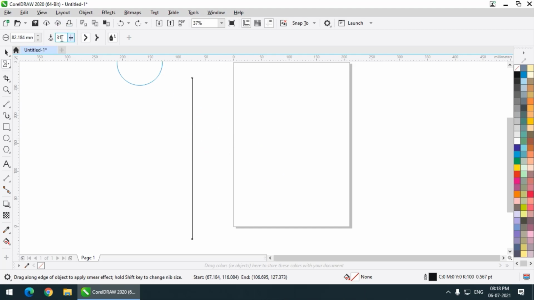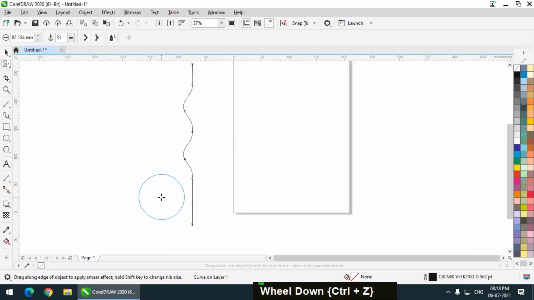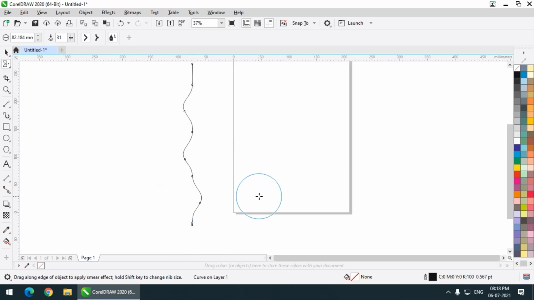So now I have decreased the pressure and we have selected a smooth smear. So this is what is called the smooth. You can see we have a smooth shape. Let's say if we create a shape or a logo and we want to change it slightly, not much but a very slight difference in the original shape that we have created, then we can use the Smear tool to simply smear any shape. What if I change it to pointy smear? Then it will be pointier.